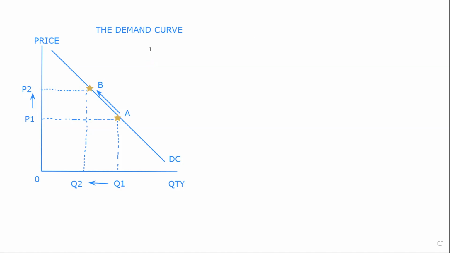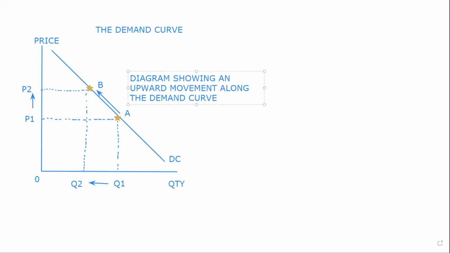I'm just going to put my heading because you see what I'm forgetting to do. Diagram showing an upward movement along the demand curve. All right, so that's my heading. This is my diagram. My axes are labeled, my curve is labeled, my arrows are indicating what this diagram is